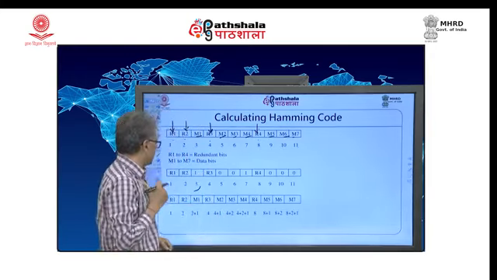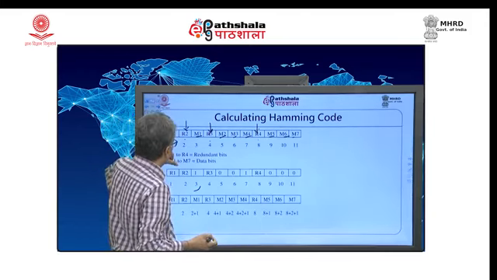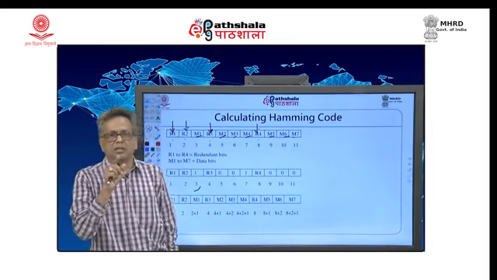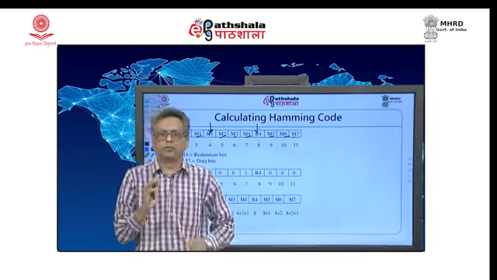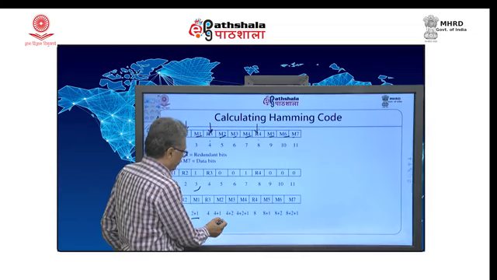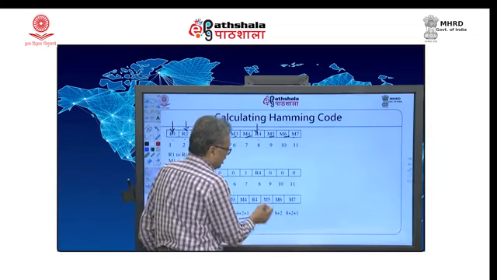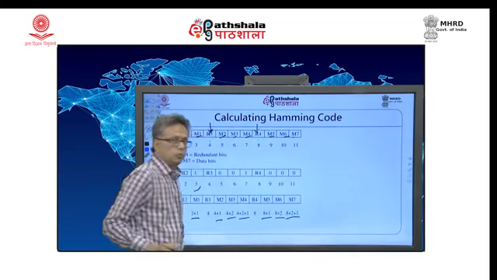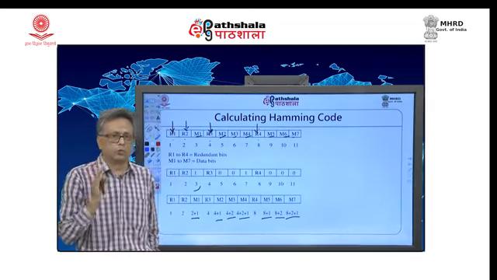Okay. What are these bits? If you want to figure out what those values are, again look at this position, rewrite this position as summation of multiples of 2's. For example, 3 is 2 plus 1, 5 is 4 plus 1, 6 is 4 plus 2, 7 is 4 plus 2 plus 1, 9 is 8 plus 1, 10 is 8 plus 2 and 11 is 8 plus 2 plus 1. I am writing everything as summation of multiples of 2's.